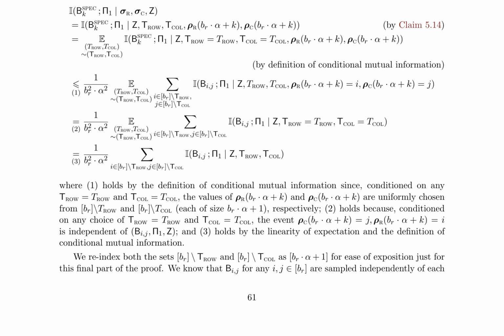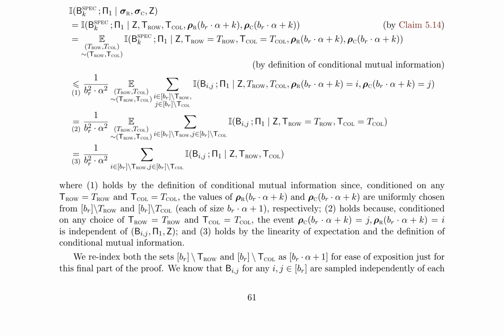Using claim 5.14, the authors bound the mutual information I(bspec_k; pi_1, sigma_r, sigma_c | z) by conditioning on z, t_ro, t_col, rho_r(B_{alpha+k}) and rho_c(B_{alpha+k}). They then apply the definition of conditional mutual information and the linearity of expectation to obtain an upper bound on